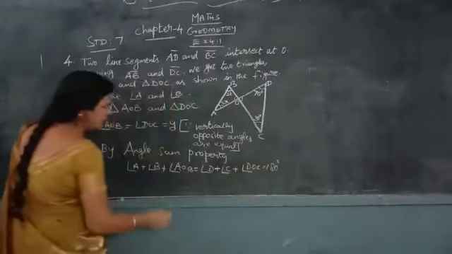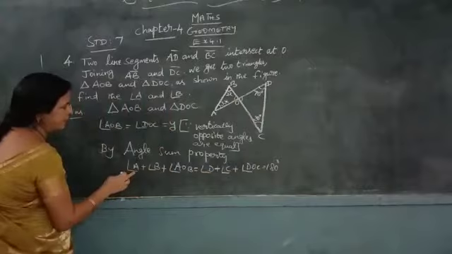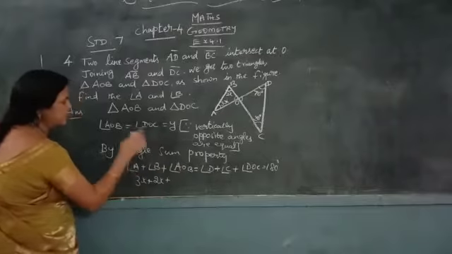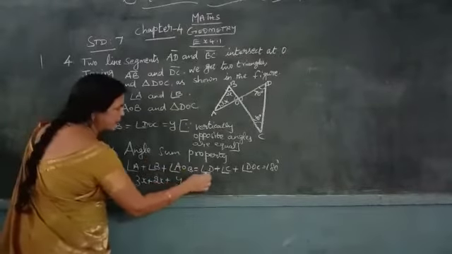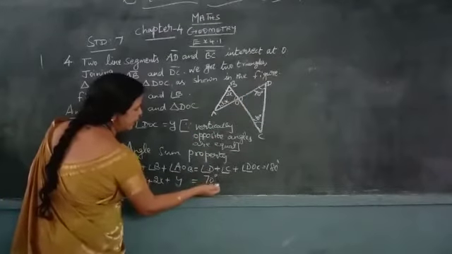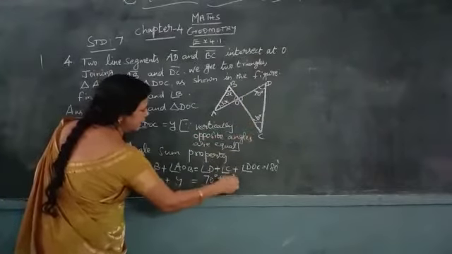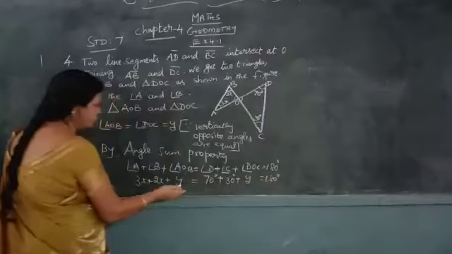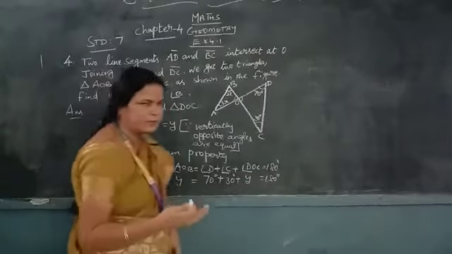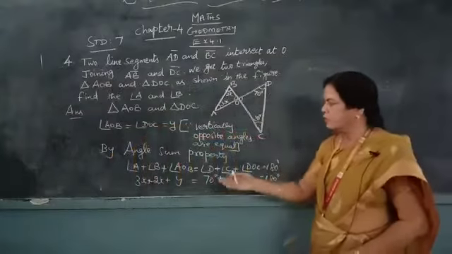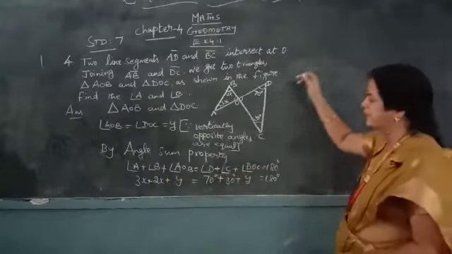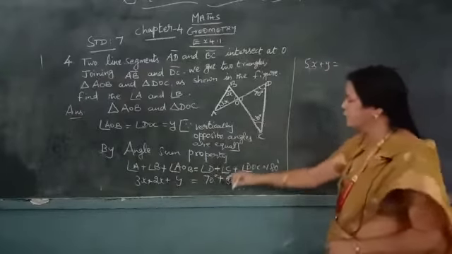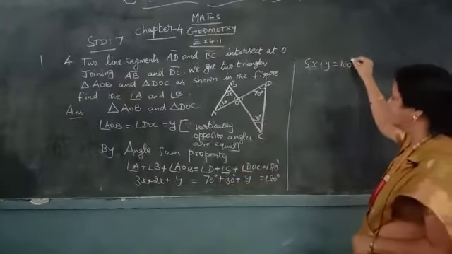Now, in the place of A we put 3x, and in the place of B, 2x, plus angle AOB, which you took as Y. Angle D is 70 degrees, and angle C is 30 degrees, plus angle DOC, which you took as Y, equals 180 degrees. Both triangles give 180 degrees, so we can compare them. 3x plus 2x is 5x plus y, equal to 70 plus 30, which is 100 degrees plus y.